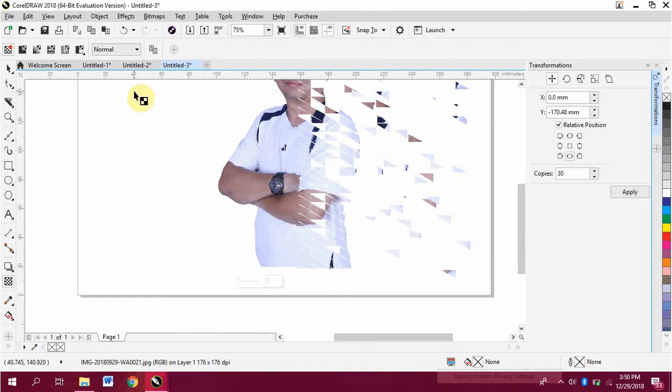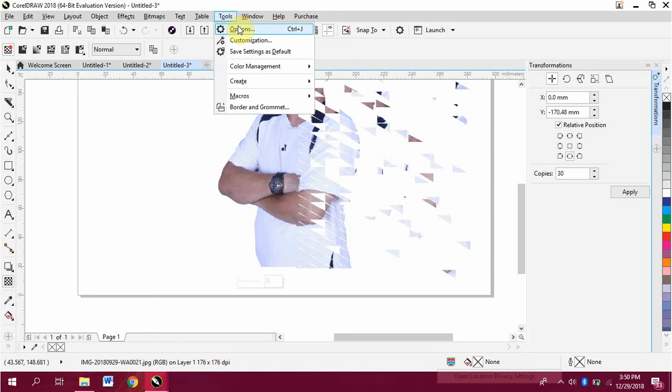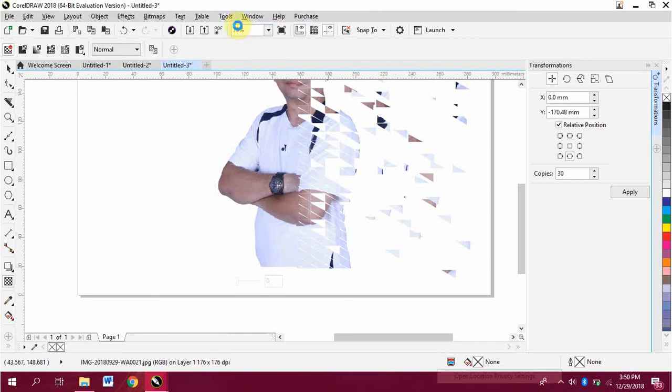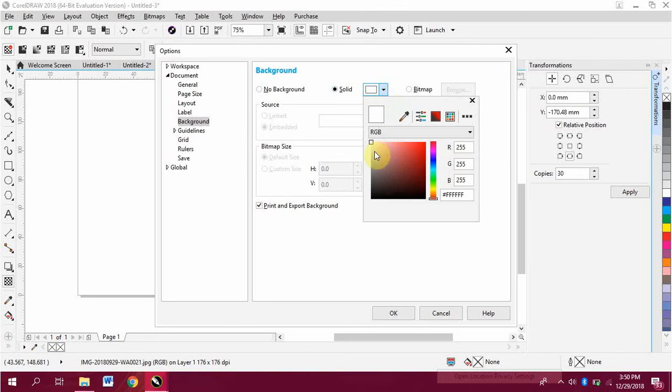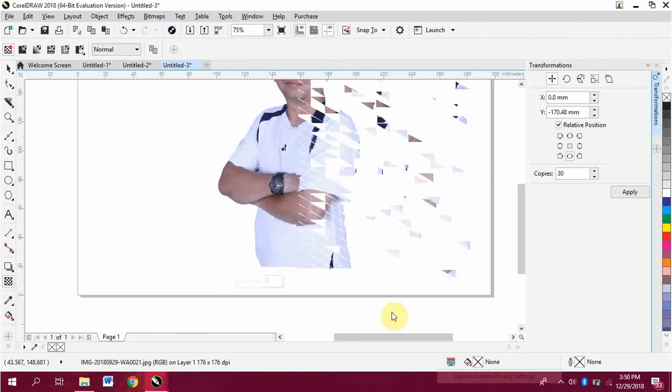Then, to make it clear, you can change the background color by opening the Tools menu, click Options, Document and then Background, change it into solid. Then you can choose the color that you want. Click OK.